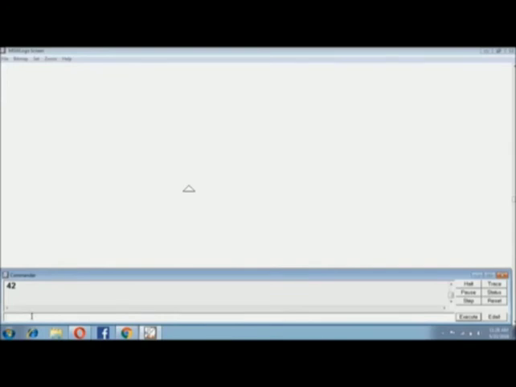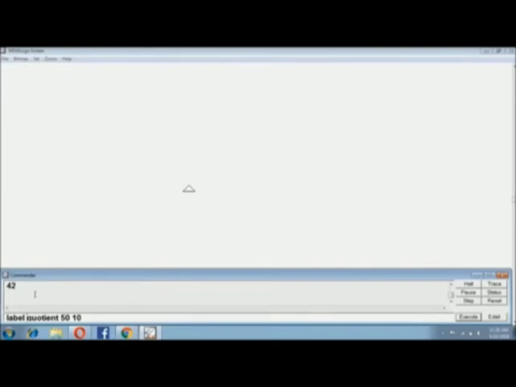Now the next command is quotient. Quotient 50 and 10, and it will print the result. Here I'm giving the command label. The label command will print the result on the main screen, not in the commander window. See, it depends on you where you want to see the result.